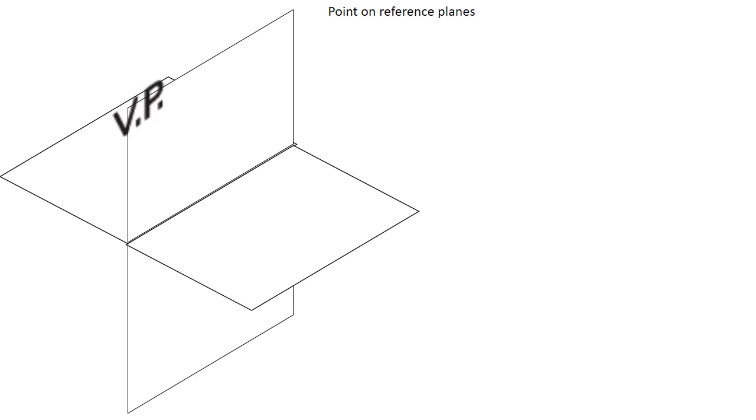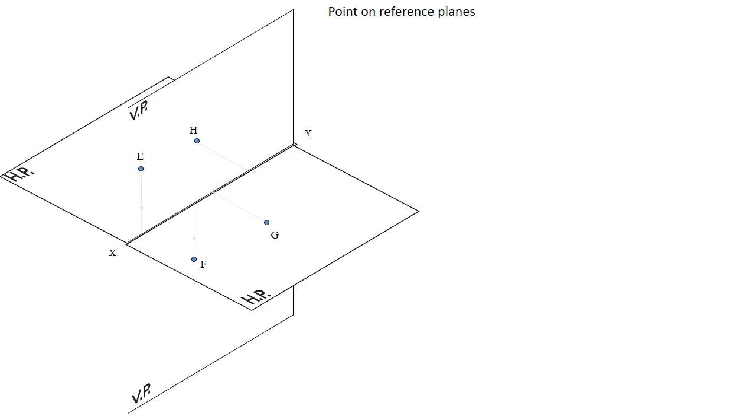Let us see. This is the vertical plane, the horizontal plane, and the intersecting line XY, which we call the reference line XY. Suppose point E is in VP. What about its projections? Suppose point F is in VP but below XY. What about its projections? Next point is G. This is in the horizontal plane but in front of the vertical plane.